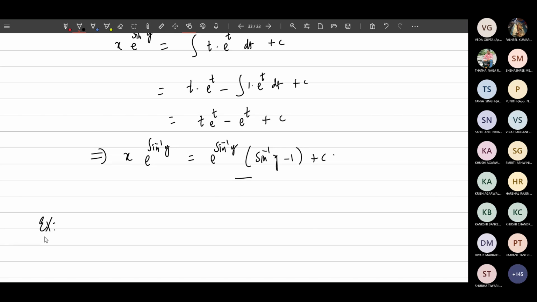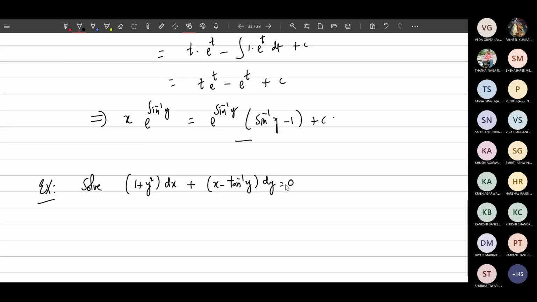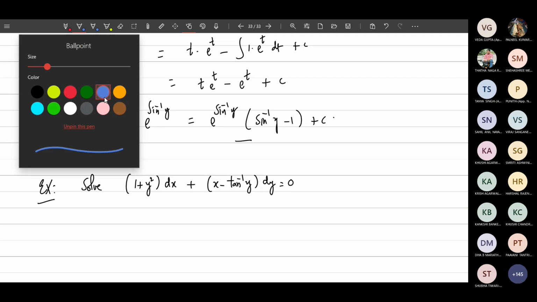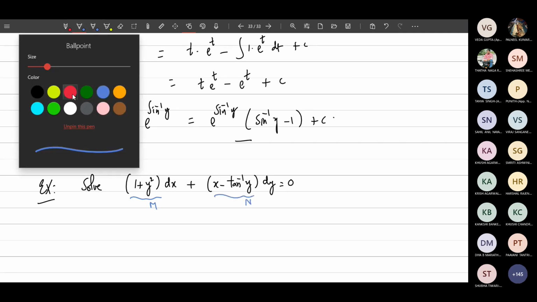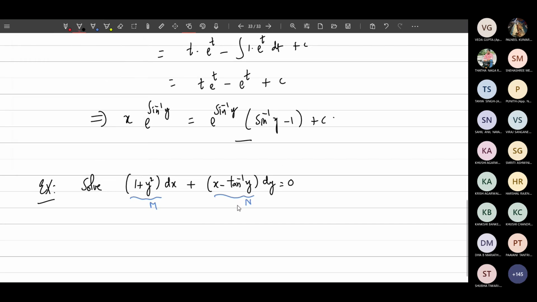This example. Solve 1 plus y square dx plus x minus tan inverse y dy equal to 0. So this is of the form M dx plus N dy equal to 0. Now if you look at the conditions, the coefficients of dx and dy,